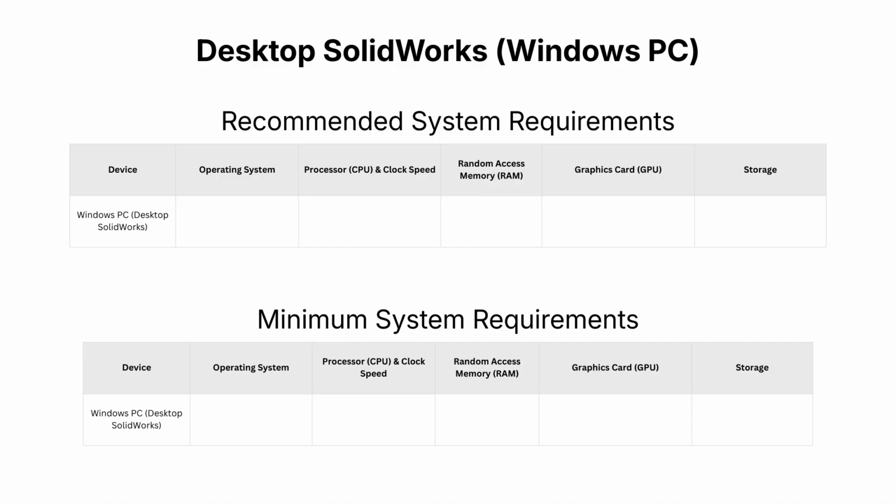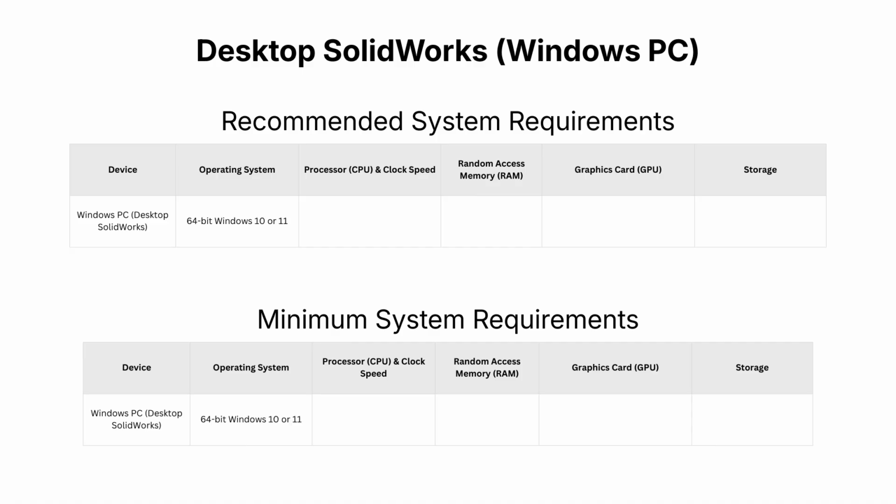That way you can find out for yourself if your device already meets the minimum requirements, or in the event that you have to make any upgrades, the recommended hardware to be able to run SolidWorks smoothly on your device. So first, let's start out with the system requirements for a Windows PC to be able to run the desktop version of SolidWorks. Starting out with the operating system, you want your computer to be running on